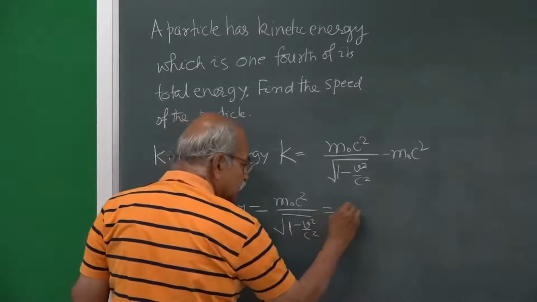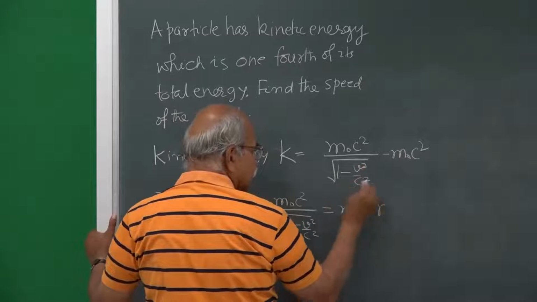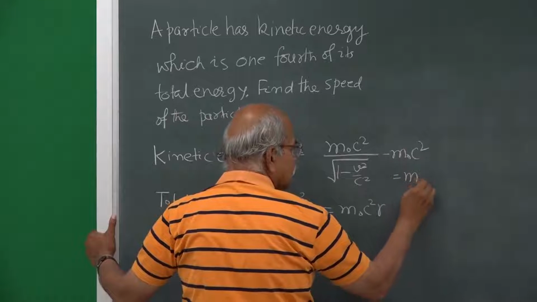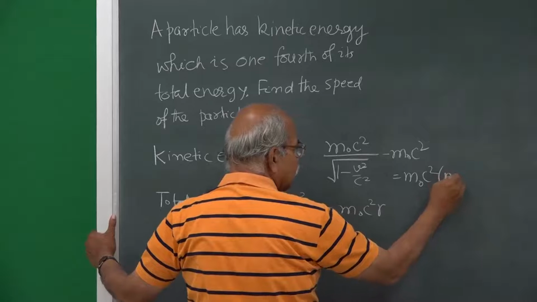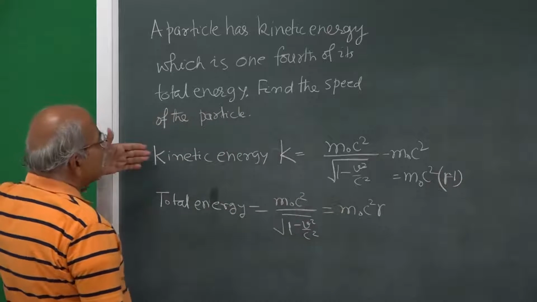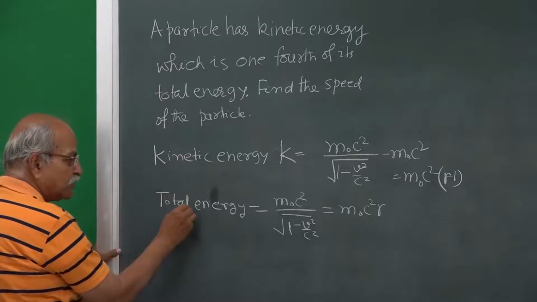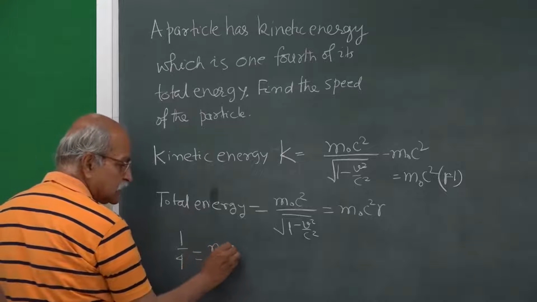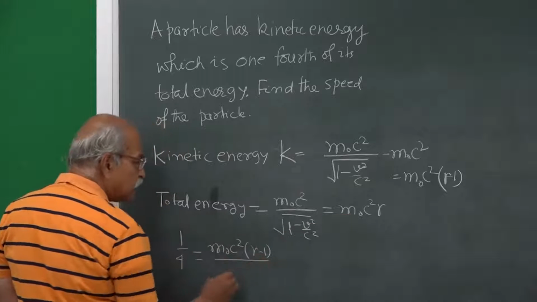You can write this as m naught c square gamma, and if you take m naught c square common, kinetic energy is m naught c square into gamma minus 1. So, this is 1/4 of the total energy, so this divided by this should be 1/4, and hence 1/4 should be equal to m naught c square into gamma minus 1, divided by m naught c square